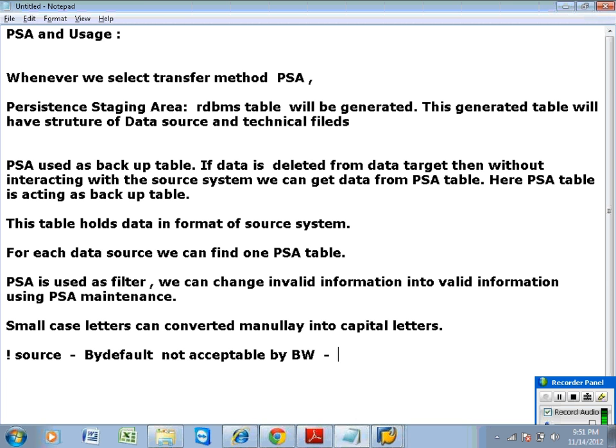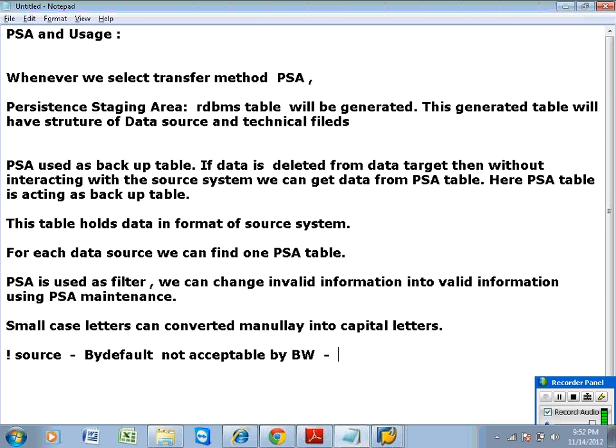If some special information is coming in the data load, what we do in PSA is remove it. Now I have information like this, and then it will be allowable information for the data target.